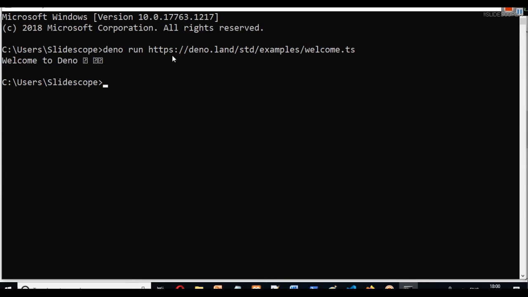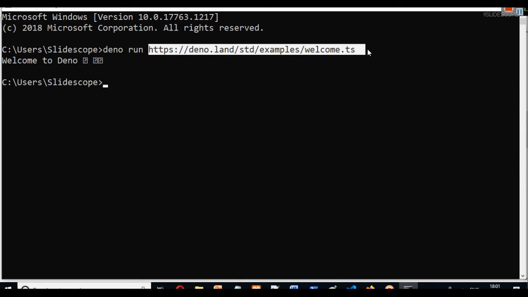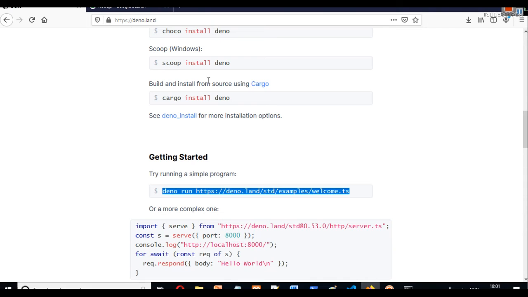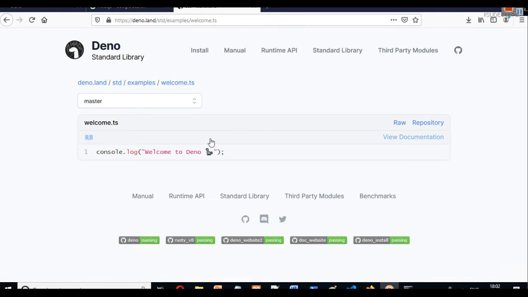As soon as we executed this, we got "Welcome to Deno". Let's copy this URL and see what is written there, then you will understand the output. You can see it is printing this log on the console, "Welcome to Deno".